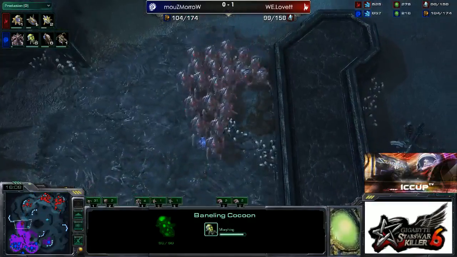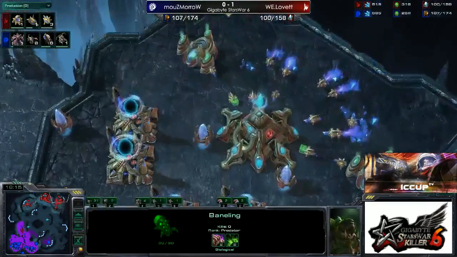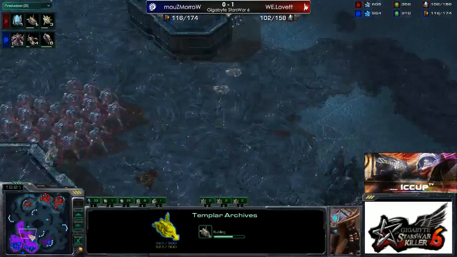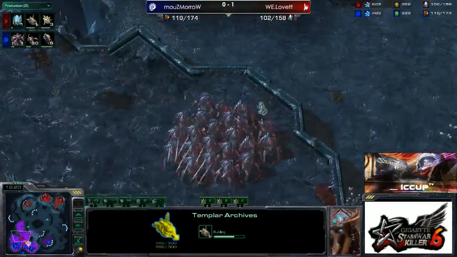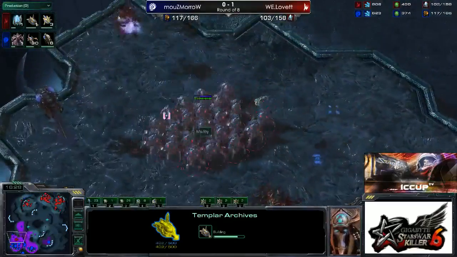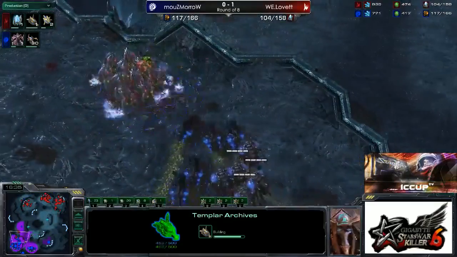And a big Stalker ball with level 2 weapons on them. I think I saw Dark Shrine go down at some point, but I don't see it at the moment. And there is a Templar Archives as well. Gonna blink into the main base of Morrow right now and start taking down some of the tech and production here. Not enough Zerglings for him to be able to hold this off, but here come the Infestors as well